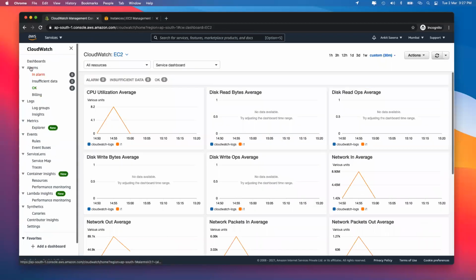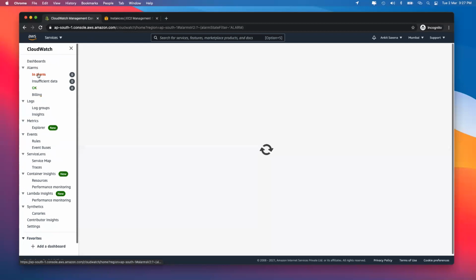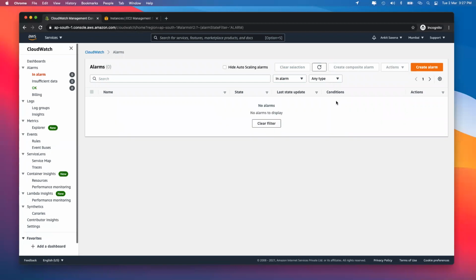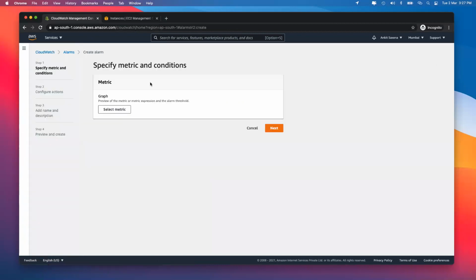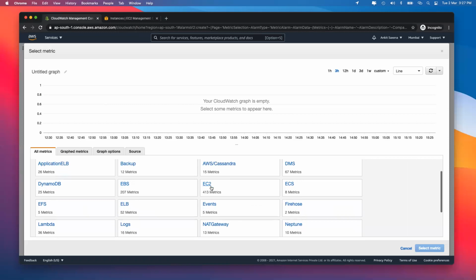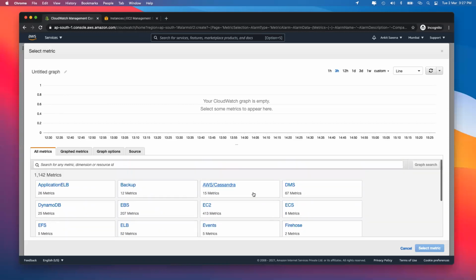For that, we will go to our alarms over here. So let's create a sample alarm right now, where I will say that whenever my CPU goes above 10%, I will be triggering a particular alarm. For that, just click on create alarm. In this case, you will have to select the metrics. For that, you will have to select, first of all, the service on which the alarm is being created. Now you might see only two or three or maybe only one service over here in the beginning. The reason for that is AWS will only show you the services which you have used.